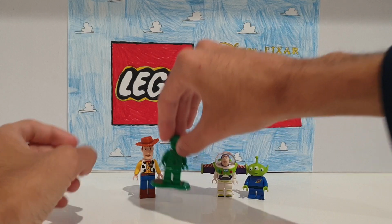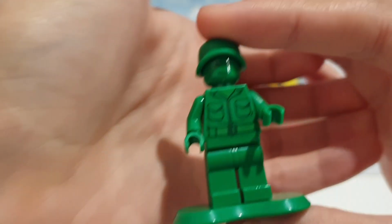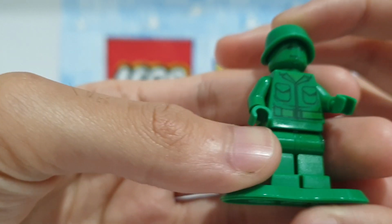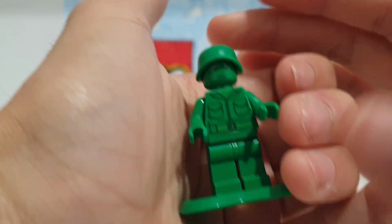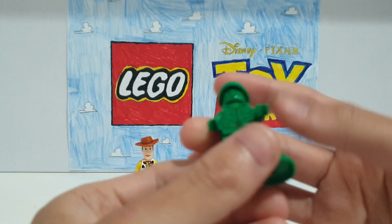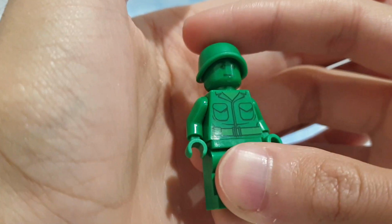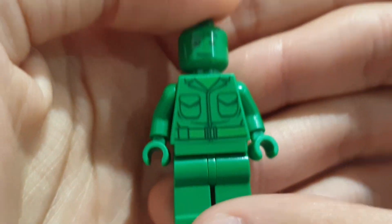Next up is the Toy Soldier. And this minifigure came in the Army Men on Patrol and then later also in the Army Jeep poly bag. Now, technically, there was also a medic, so I guess you could say I'm missing a minifigure, but hey, an army man is an army man. Anyways, this is the only minifigure in the first wave to not have a molded head, but a regular minifigure head. And in the second wave, there was also that dumb truck driver that had a regular minifigure head. Anyways, I still love them,